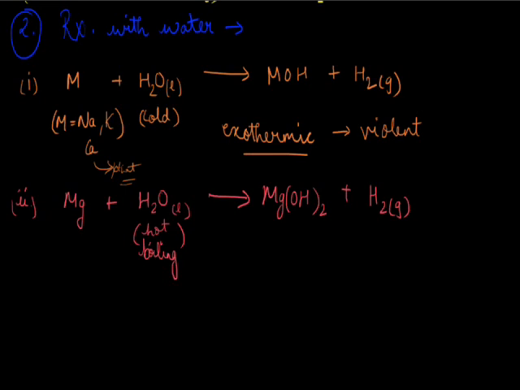Now after studying the hydroxide of magnesium, which is formed when magnesium reacts with hot boiling water, we'll study the reaction of metal with steam. Now the less reactive metals, I take the case of zinc and aluminium. Zinc and aluminium will be reacting with water, but the water is in the form of steam. As steam has more energy than hot boiling water, therefore zinc reacts with steam and forms zinc hydroxide and liberates hydrogen.